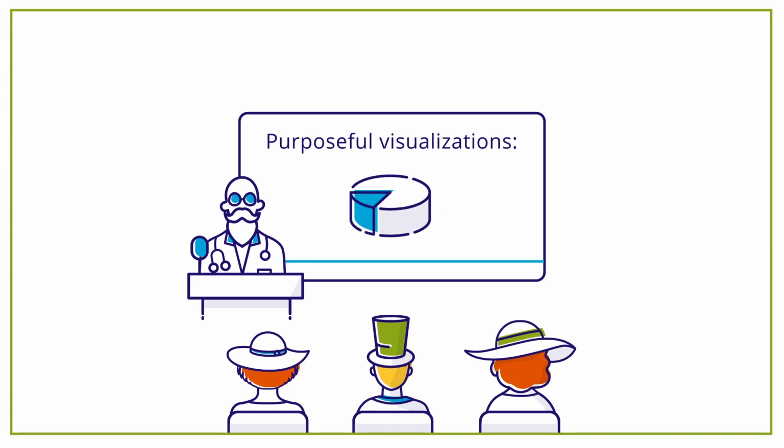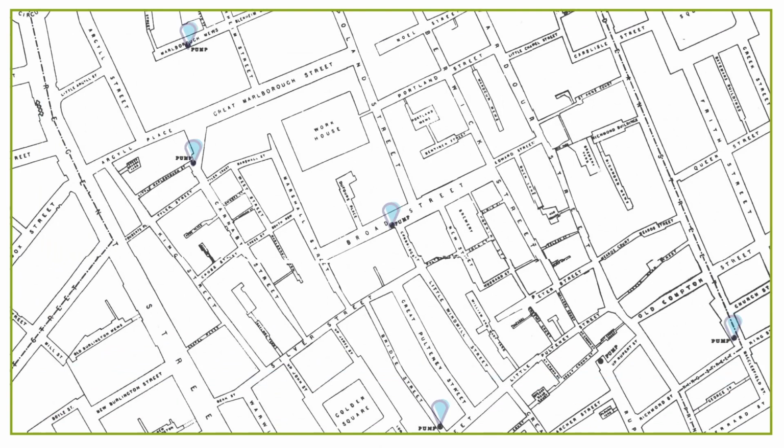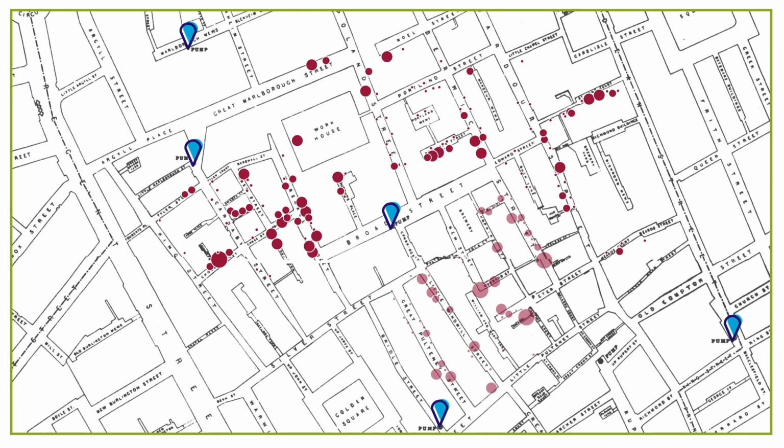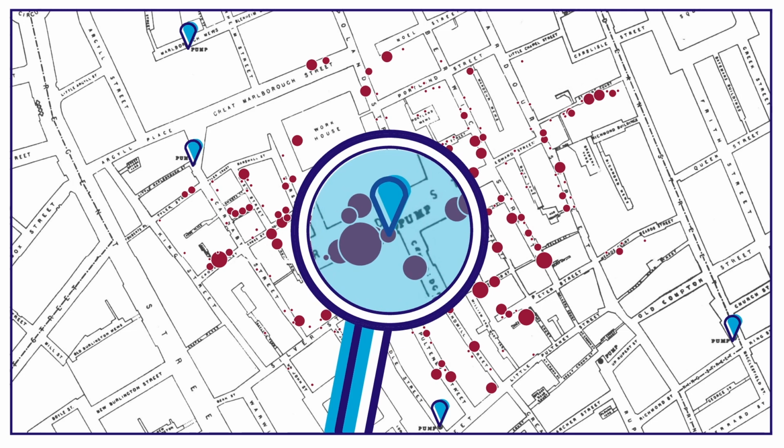When choosing visualizations to represent data, it's important to create the visual with a purpose. The visual behind Dr. Snow's plot was not only purposeful and powerful, it also saved lives. By using this plotted map, he was able to immediately identify where cases were higher and where cases were lower. He was therefore able to determine where cases were spiking based on the vicinity to the now famous Broad Street